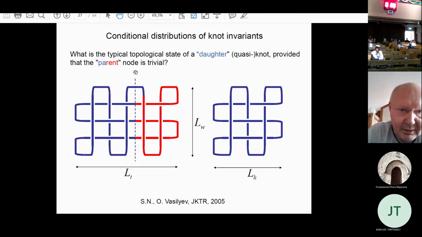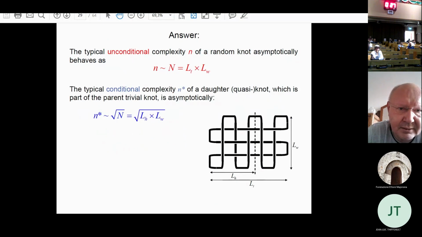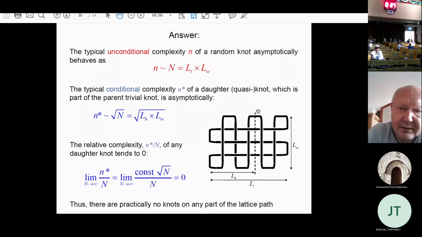And now we do the following: we just cut part of this lattice and reclose the ends, and we ask whether the remaining part is closer to trivial, or whether it knows that it is a daughter part of the parent knot, which is trivial. And the answer is yes. There were some works showing that there is a huge, I would say drastic, memory about the initial structure. This memory,